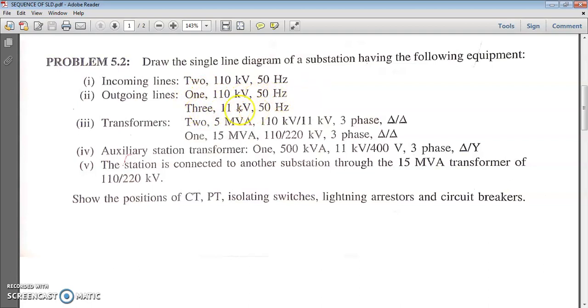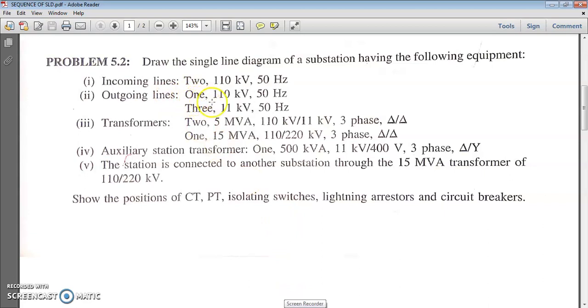But we have 3 11 kV 50 hertz lines. What does it mean? There are 3 transformers required to step down the voltage from 110 kV to 11 kV, right? So we shall be using 3 step down transformers, which will be stepping down from 110 to 11 kV. Along with that, one 110 kV 50 hertz line will be used, right?